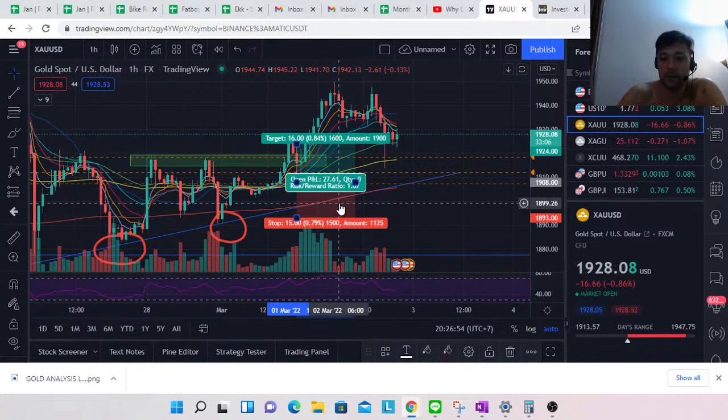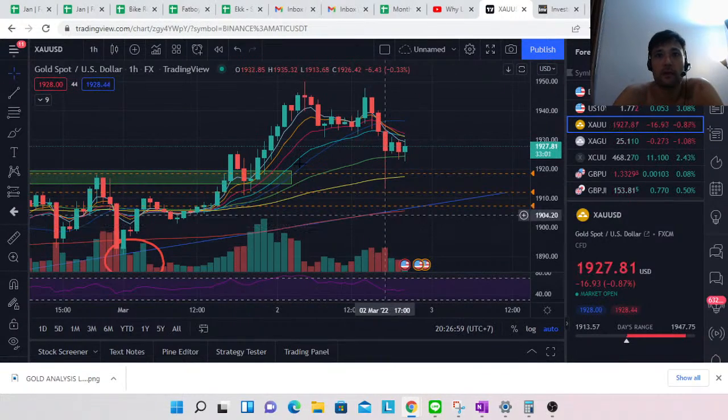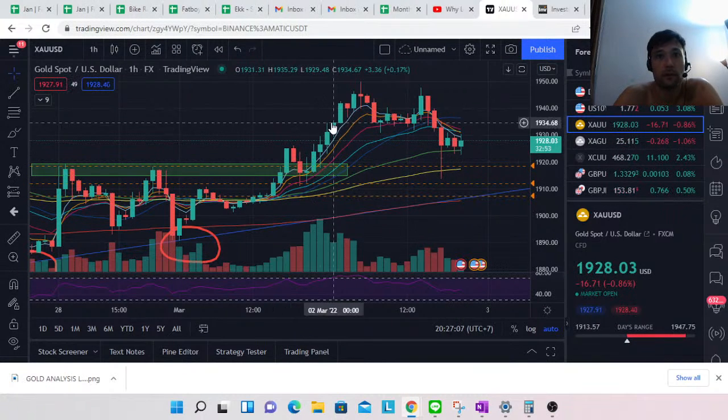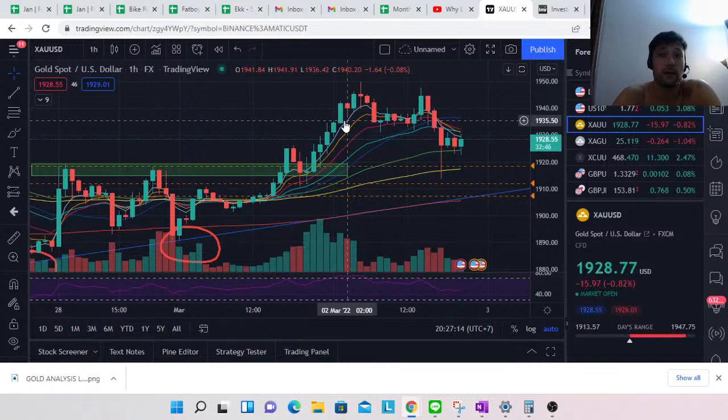Let me delete this one from yesterday. Yesterday, what I was really talking about, and I'm looking at the hour chart on gold right now, was how if we could have made support here or found some sort of consistency, we would probably be trending higher. That was a trade I was looking at, and it played out really nicely.